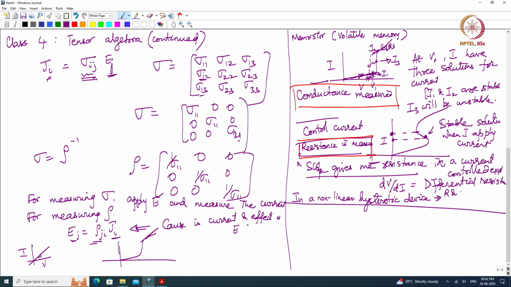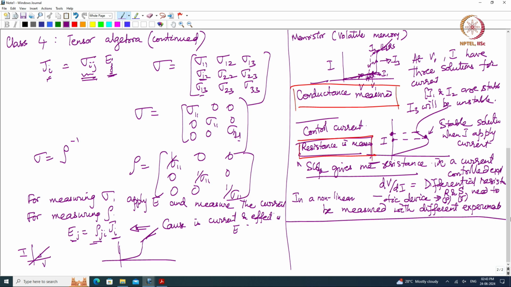R and conductance, let's call it capital S, or rho and sigma, need to be measured with different experiments. Okay, so that's a small digression, but having said that,